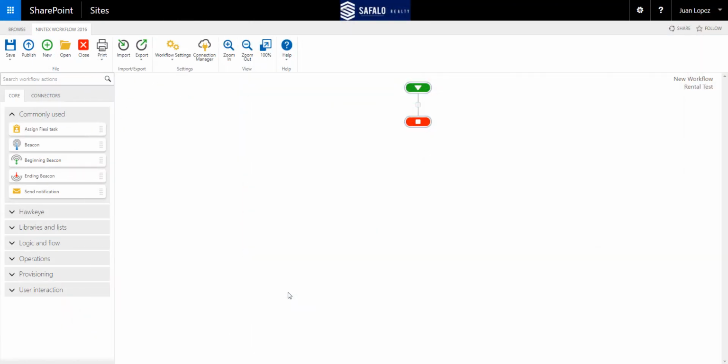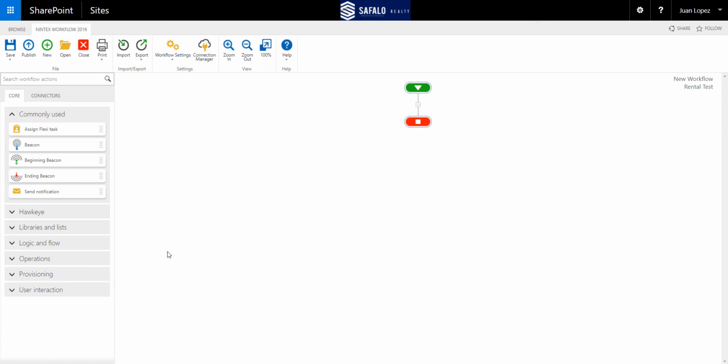When building out your workflows, not every workflow is A to B to C. Sometimes you require some logic within your workflow. And one of those logic actions that you may use is a runif. So let's actually use a runif on our designer and take a look at how that could be used within